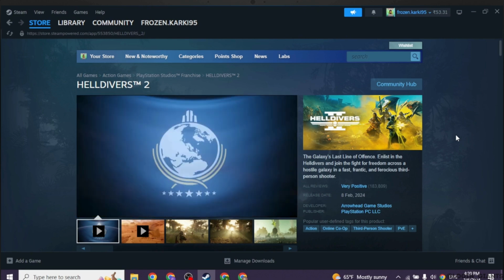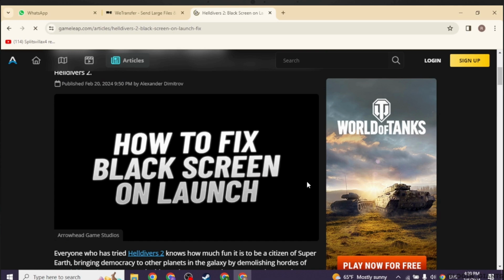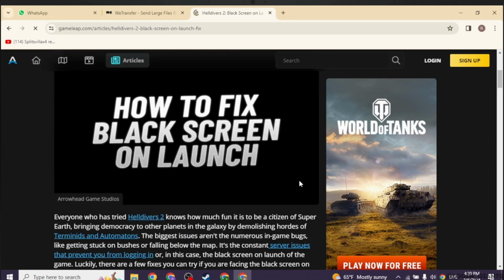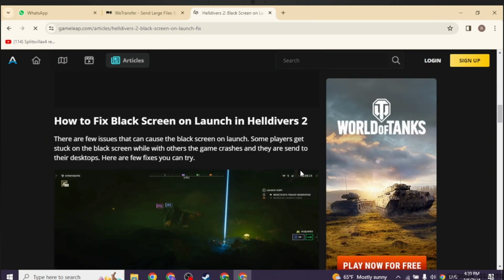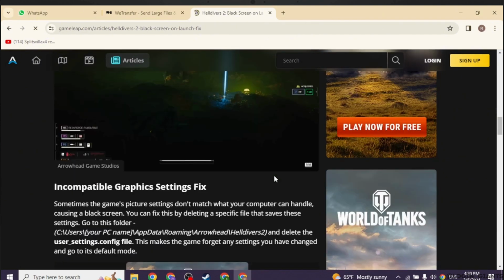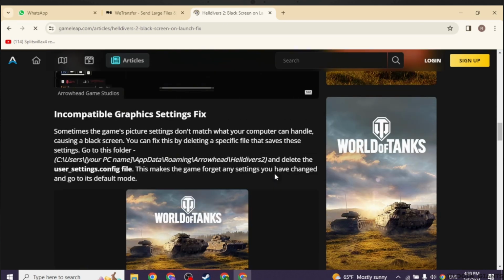gaming experience hassle-free. First of all, navigate to the game's installation folder, right-click on the game icon, select Manage, then browse local files. This action will open up the directory where the game is installed. Once you locate the bin folder, where you will find the GameGuard folder, this is the anti-cheat software used in the game which can sometimes cause glitches during installation. To resolve this, simply delete the GameGuard folder by right-clicking on it, and next within the game's installation folder,